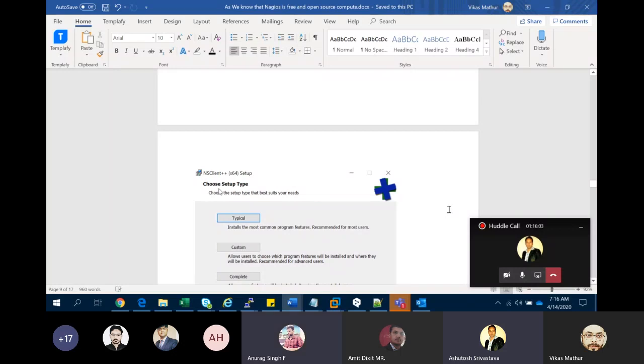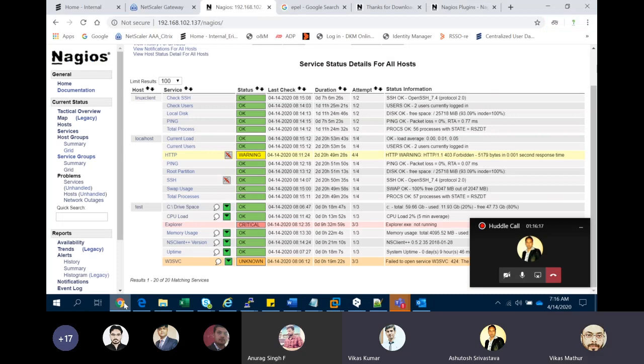If you have any other question, you can directly discuss with Vikas. You can take his email ID from this invite. It's Vikas Mathur, not Vikas Kumar. I will share this document with everyone as I did before. If you want to try it, just create virtual machines on your VMware. It is good because in the future DevOps part, monitoring tools like Nagios, Zabbix and Xenosys are also part of DevOps.